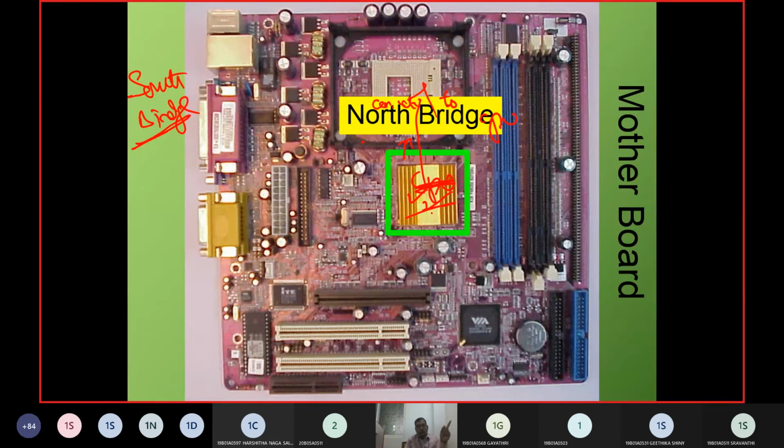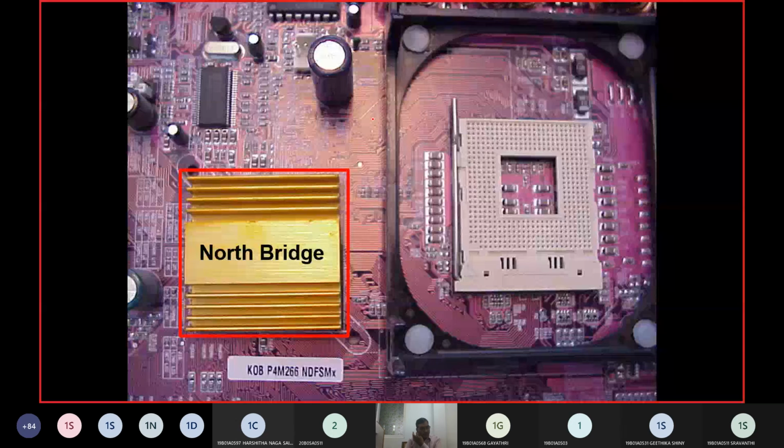Another bridge is going to be there. We are going to call it the south bridge, and this south bridge is not connected to the CPU. So this is the first difference you should understand between south bridge and north bridge. In the north bridge, all the circuitry, the random access memory, etc., are connected to the north bridge, and thereby they are given to the CPU. But as far as the south bridge is concerned, the peripheral devices are connected. So just have an understanding.